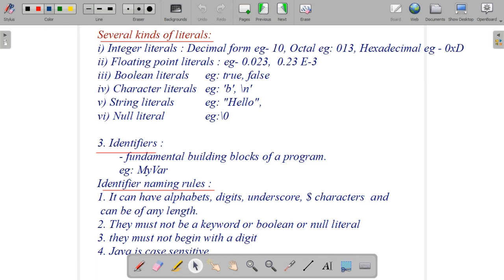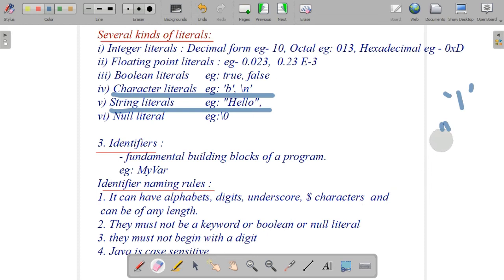Next one is character literal. A character literal is one character. It is only one character enclosed in single quotes, as in the example I have given there. Inside the single quotes we are giving a value. Example, just I am giving a value y. Consider this as a Q or R. Any letter, only a single letter, but it should be enclosed within single quotes. So a character always goes in single quotes.